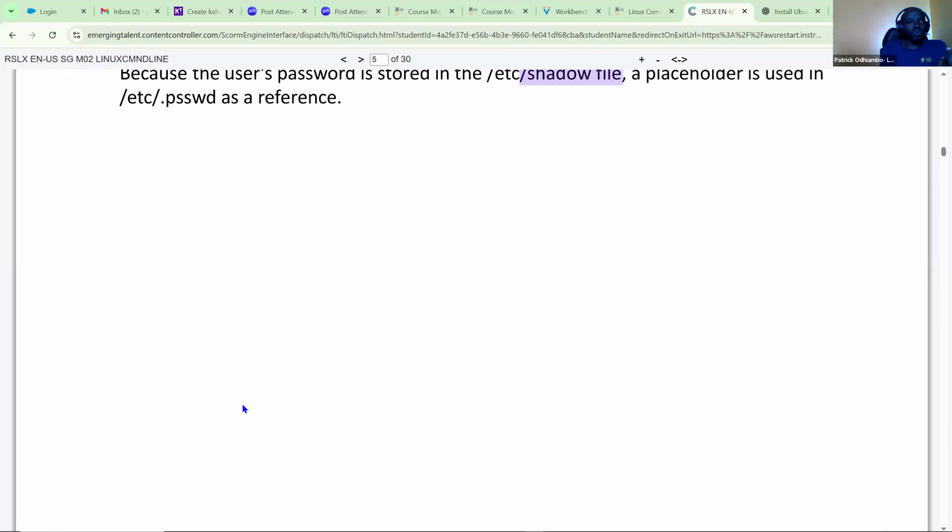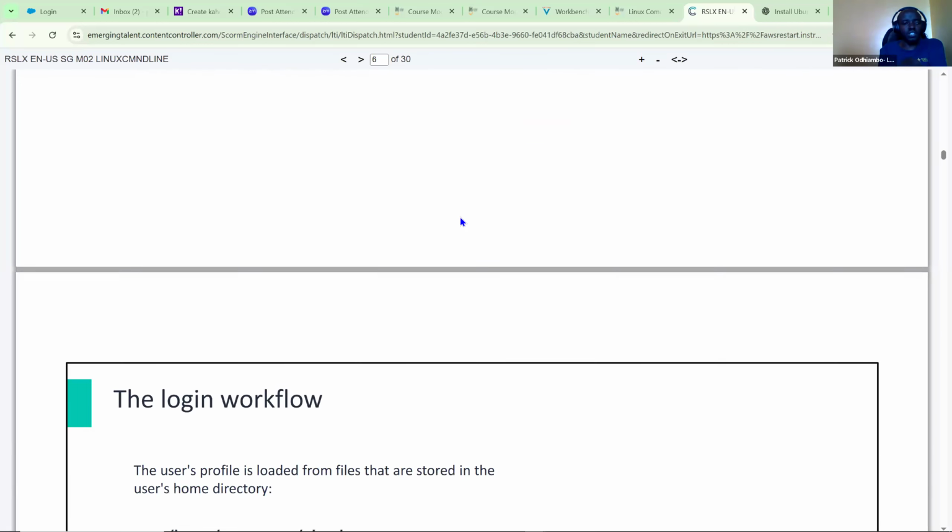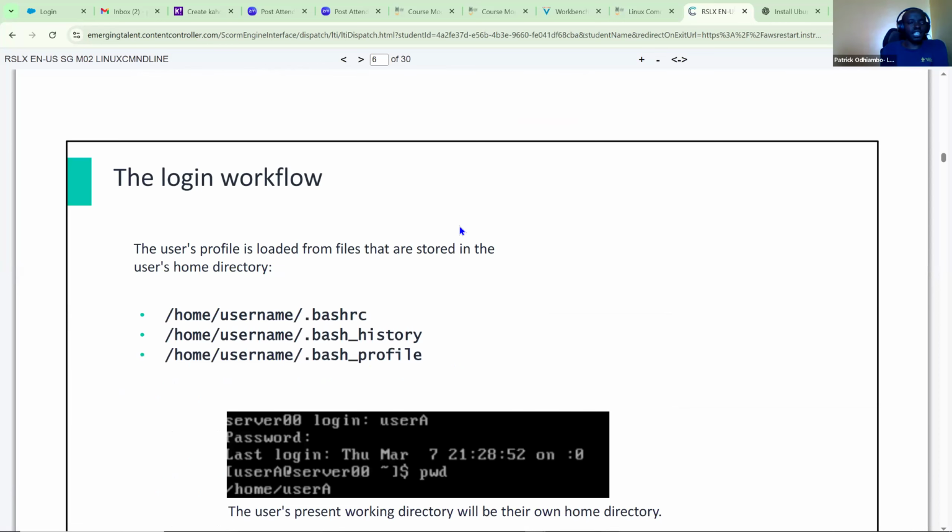And these things, if you want to go deep into Linux, there is a course on Linux that is offered by the Linux Foundation for Linux system administrators. That is where you get deep into this stuff. But for the purposes of our class and our understanding, that is good enough.